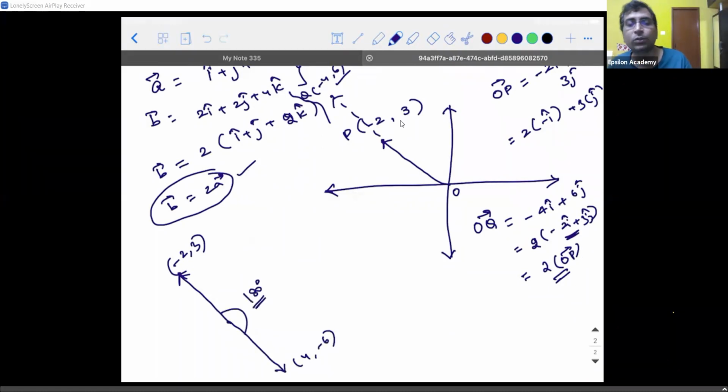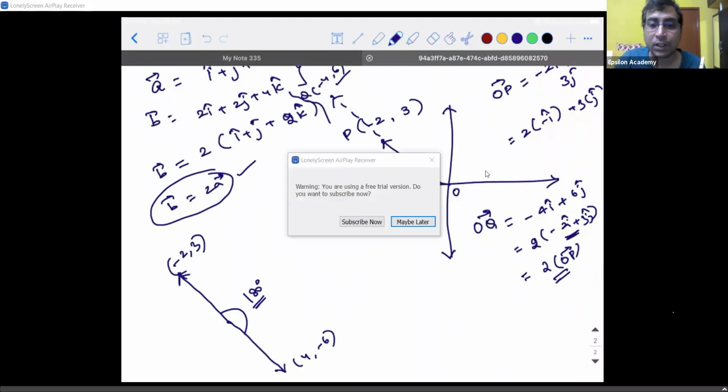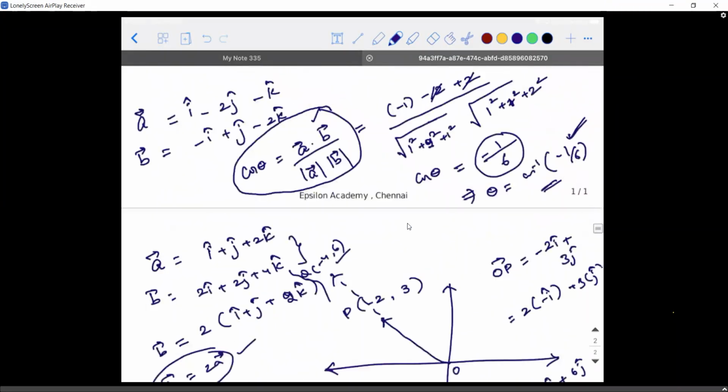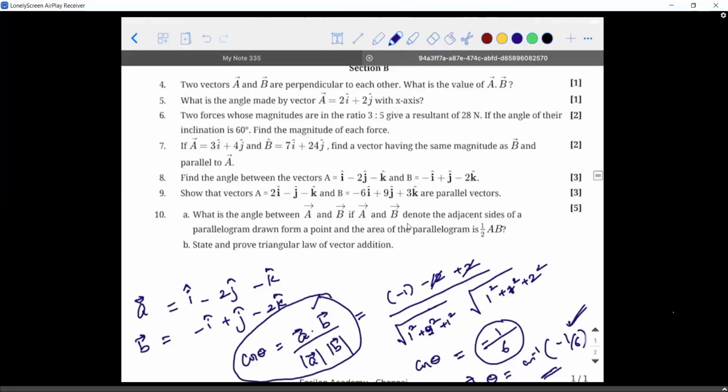So what I'm trying to say from this example is, don't look at these vectors like mere algebraic parameters. No, that is not the meaning. So have a better clarity on this chapter. It will help you in your math also. You can understand it better. Trust me on this. I hope I could solve some of the issues you had, right? If you do some more problems, you will have a better clarity. Am I clear with this, guys? Any other doubt?